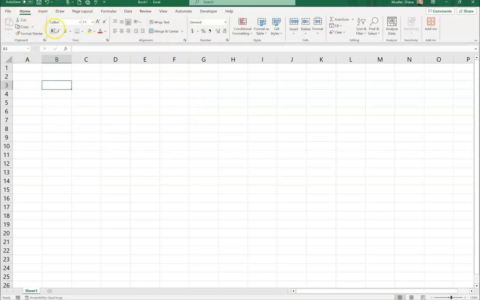Immediately below our ribbon, we have a couple different things. Right over here on the far left, we have what's called our name box. So if we hover over that name box and leave our pointer there, you can see it says name box. What the name box will do is it will do two different things. It will provide you the text address. So if we click in a cell, and again, as we mentioned before,